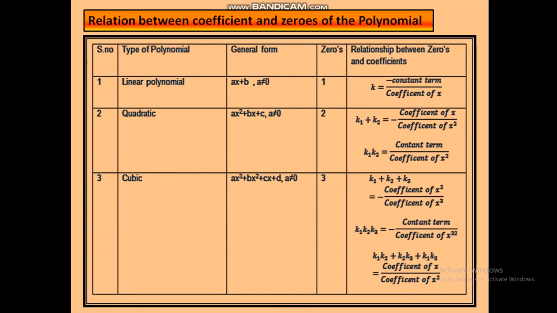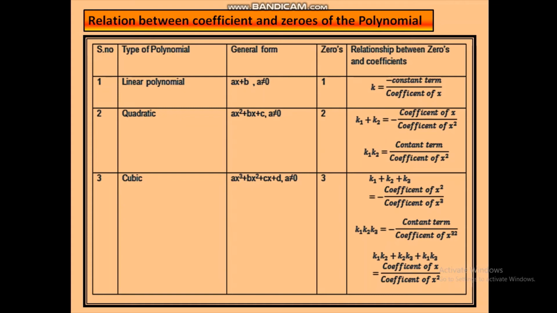Moving ahead, we have now the relation between coefficients and zeros of the polynomial. So this is the illustration for the relation between coefficient and zeros of a polynomial. If we talk about linear polynomial, the general form of linear polynomial is ax plus b, where a should not be equal to 0. It has only one zero, and the relation between zero and coefficient is given by k is equal to minus constant term by